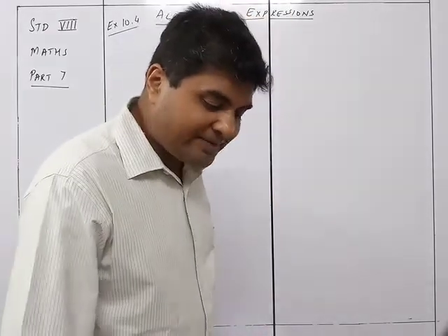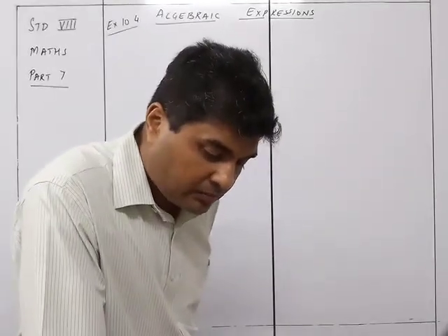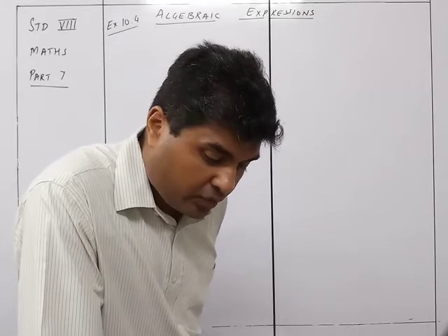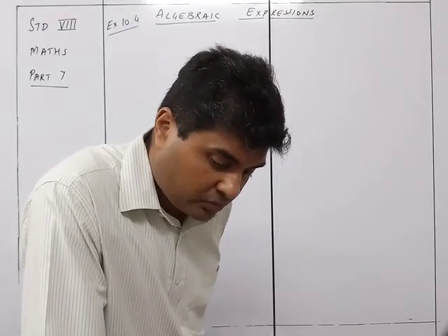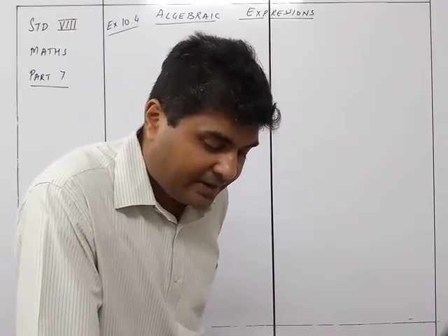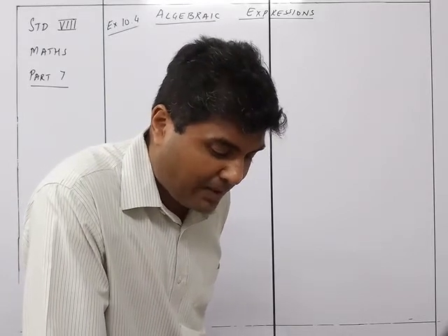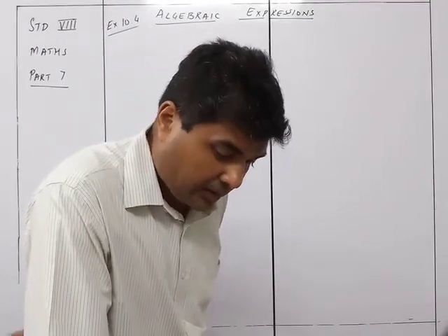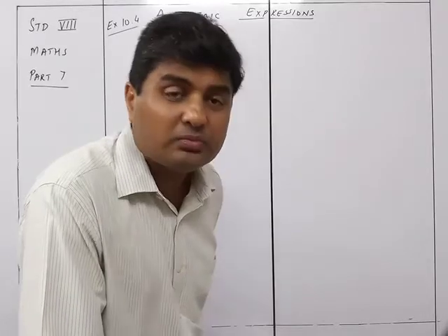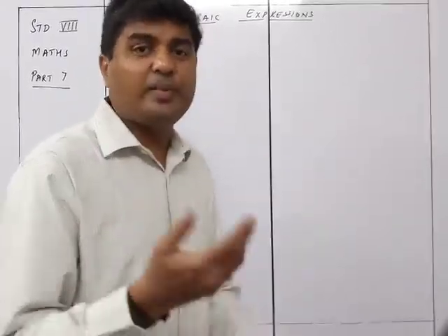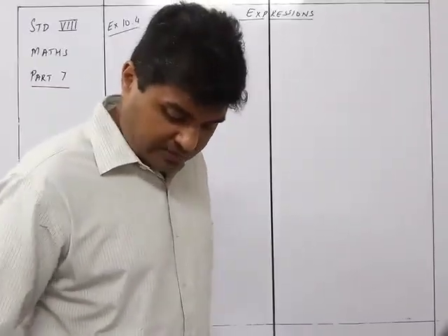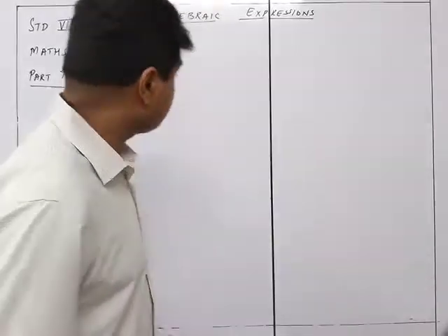Now, what should be subtracted from the polynomial 4x raised to 4 minus 2x raised to 3 so that the resulting polynomial is exactly divisible by x square minus 1 minus x? Okay. So let us first divide it. We will see whatever remainder comes. We'll just find it out first of all.